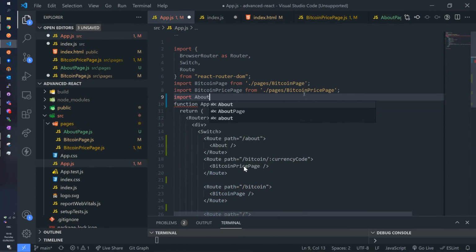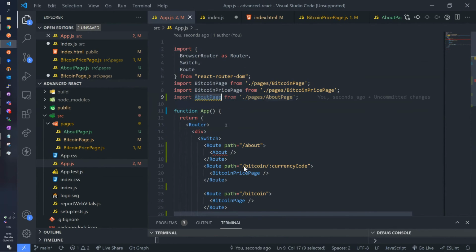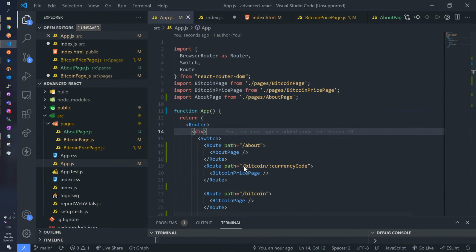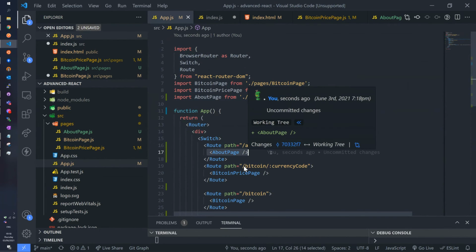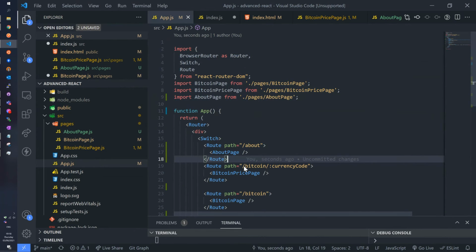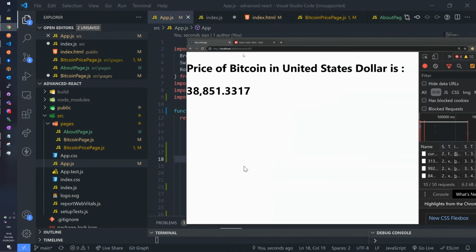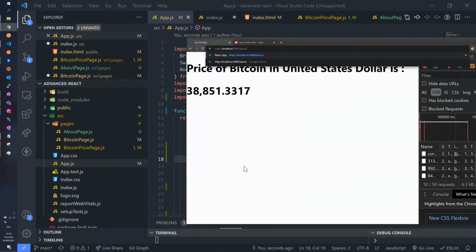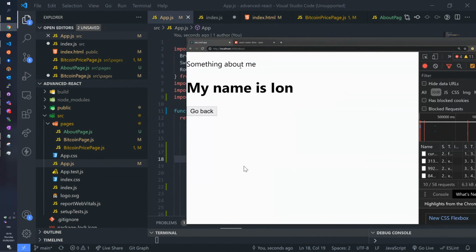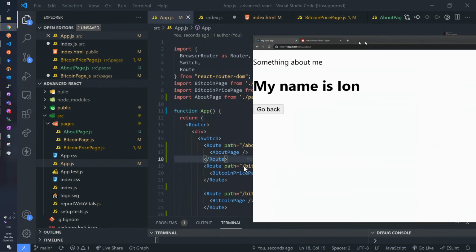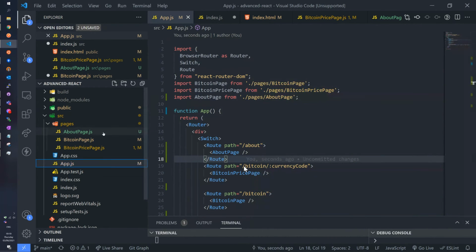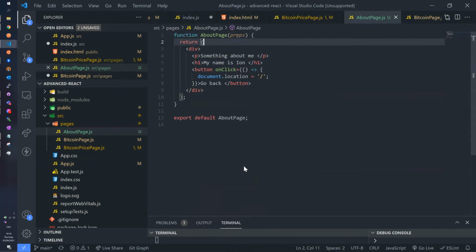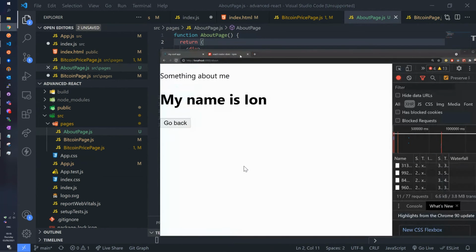So this is a React component without any props, okay? So if I go to my web page /about, yeah, you already recognize this. Now, if I go to the about page component, I have this props, it tells me it's not being used. So if I delete it, honestly, nothing is going to change.